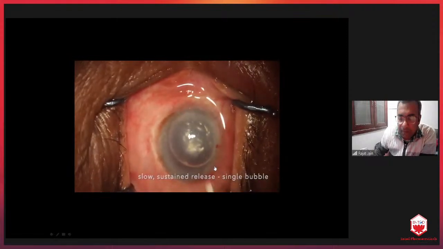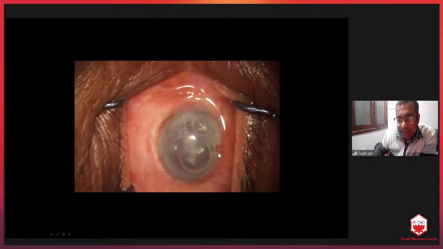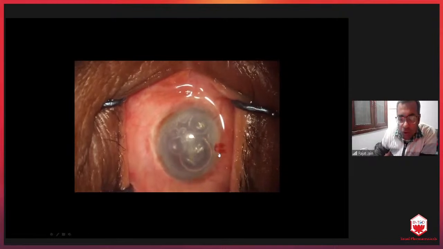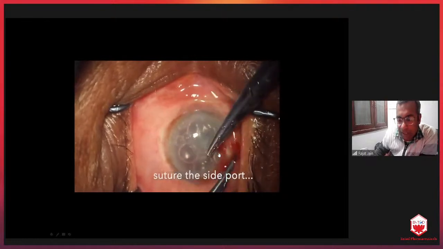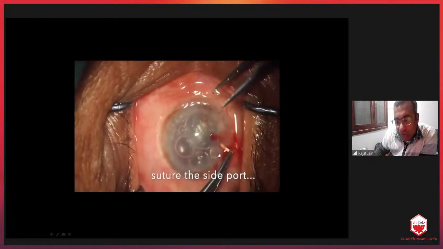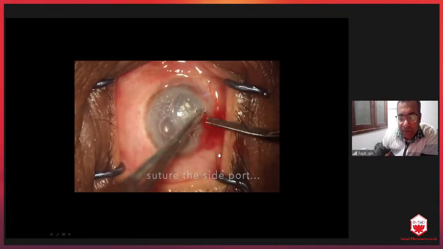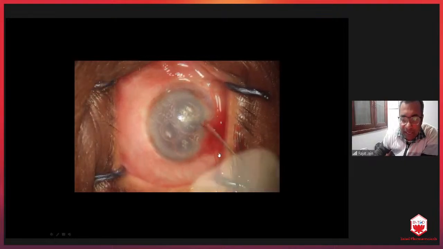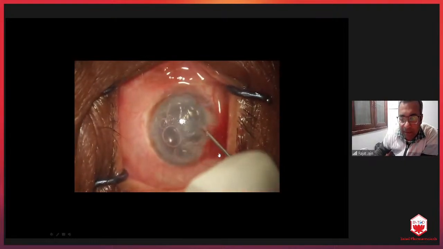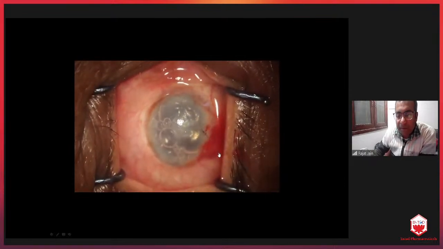Very good. But what happens is that if there's a side port incision, this air always tends to come back out. So what I would always recommend, and even I do right now, is make a side port and first put a suture in the side port. Once you put a suture, it is very difficult for the air which you are putting inside to come out. So now you see, once I clear this blood off and I put the air bubble inside, there will be a decreased tendency of the bubble to come out.